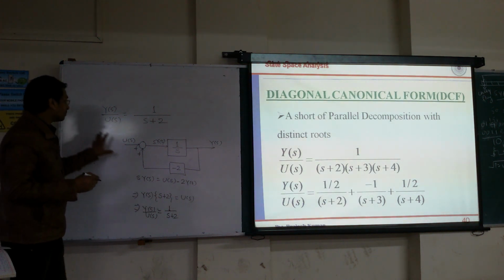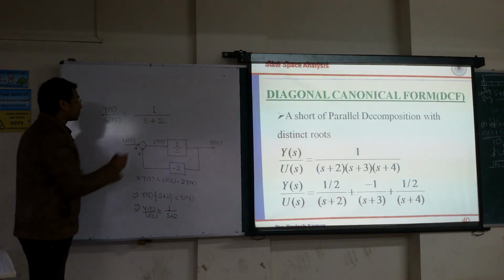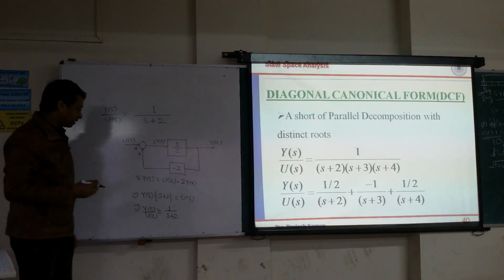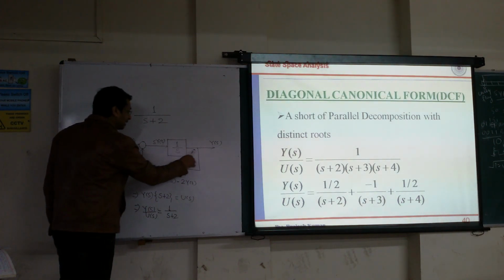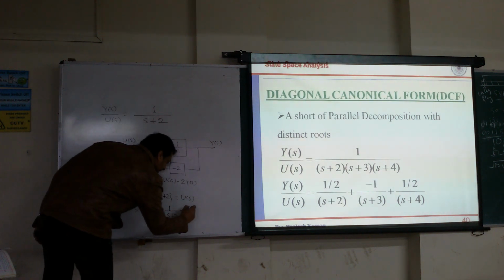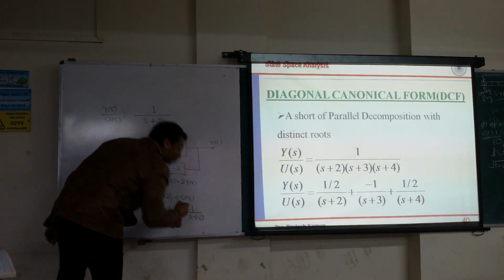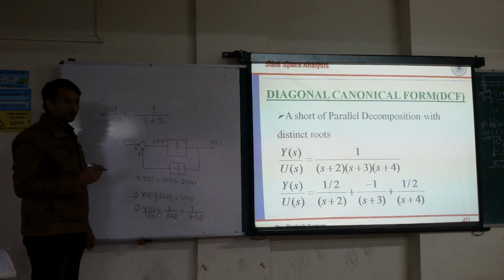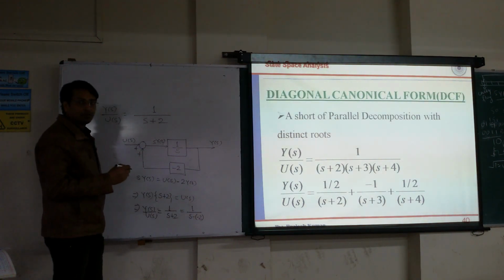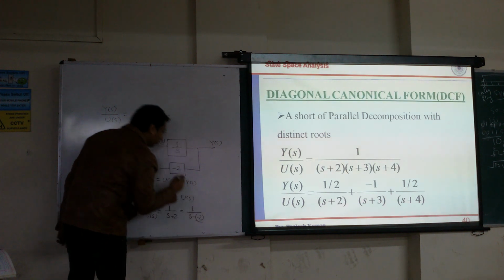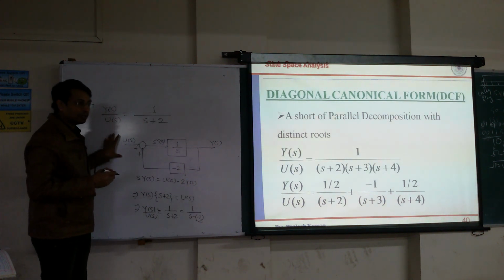So what you can do, if you get such type of transfer function, means s plus 2 or s plus a multiplied by something, just you have to add an integrator, and you can write it like 1 upon s minus of minus 2. So you are going to develop a convention that you will take minus here, and whatever you get in the argument after taking the minus common, you are going to take inside the block. So minus 2, correct? So it is right.